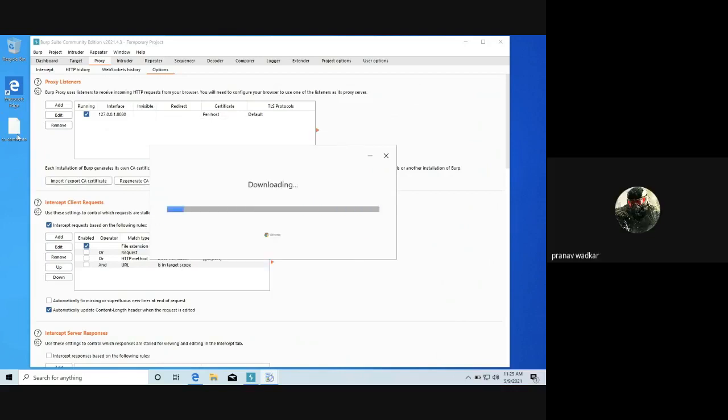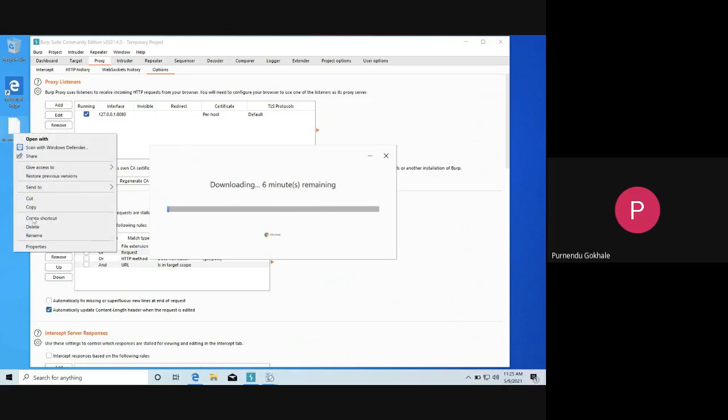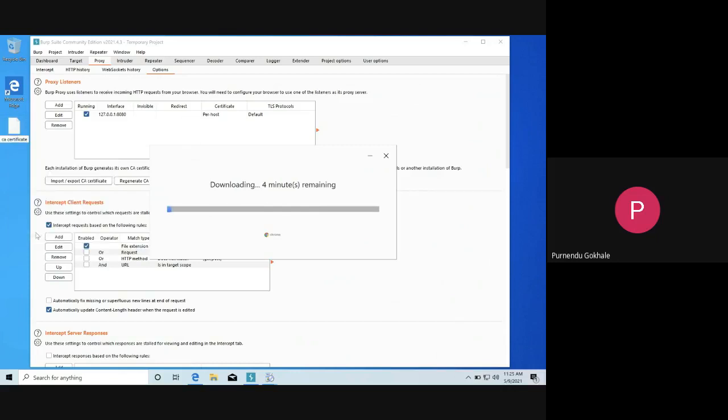I guess the extension needs to be changed, right? Yeah, change it to dot DER. Right, so I think the certificate is exported. Let's wait for 5 minutes, then we will download from there.